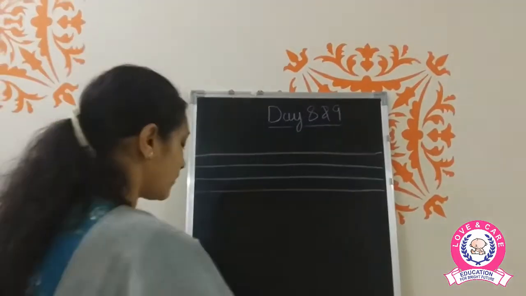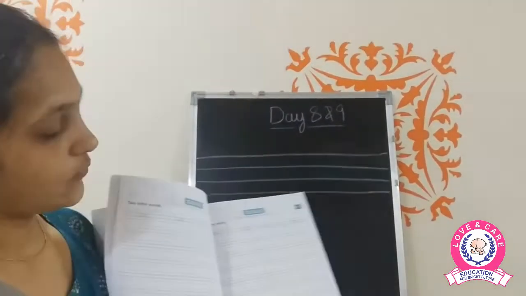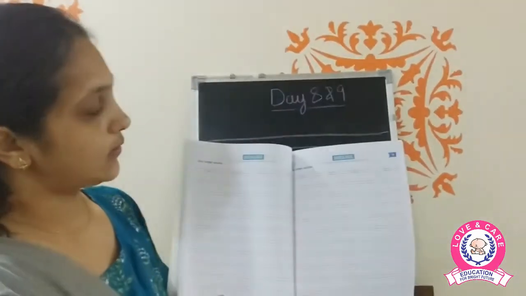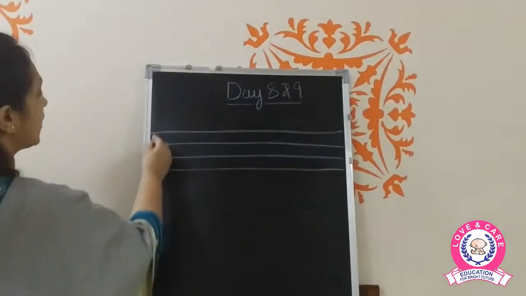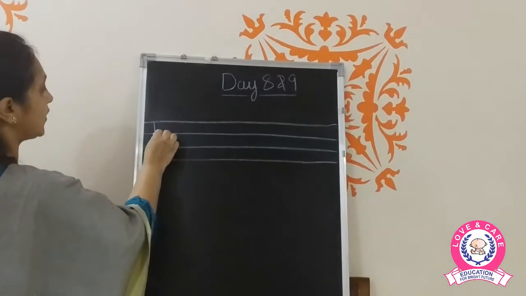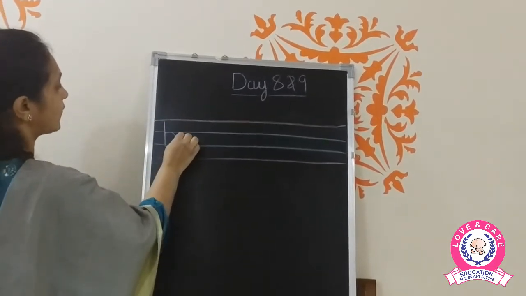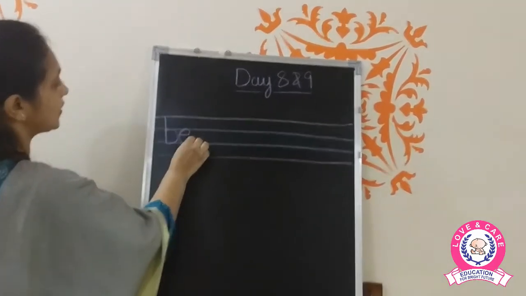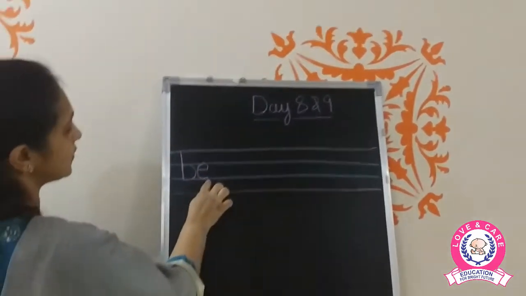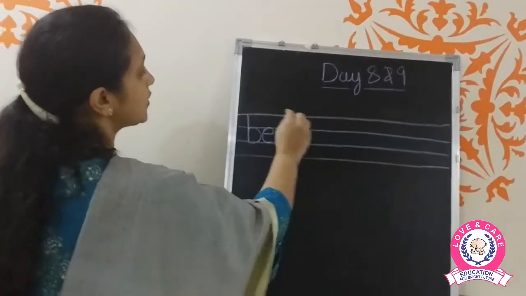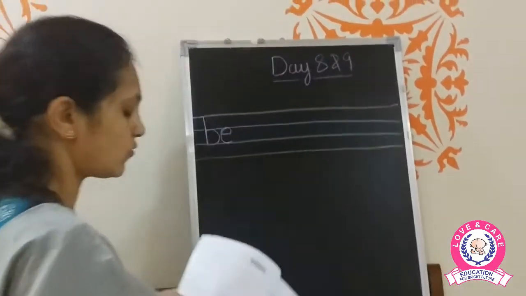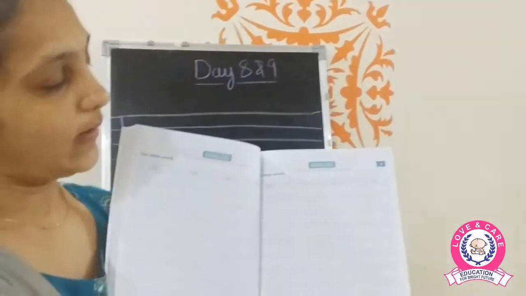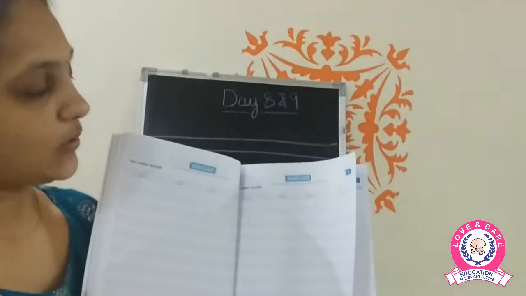So when you open up your book and come here on day 8, we are going to learn a 2-letter sight word, that is BE. So how will we write B? That is standing line, half curve, and then E. Now, as I always say, this is a word, so you have to write the 2 letters close to each other. So here you have to press and write the 2-letter word B-E, BE.